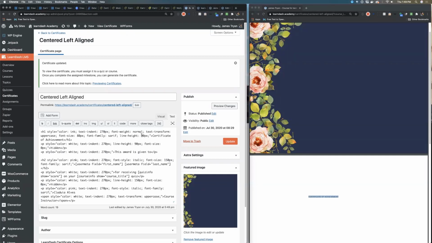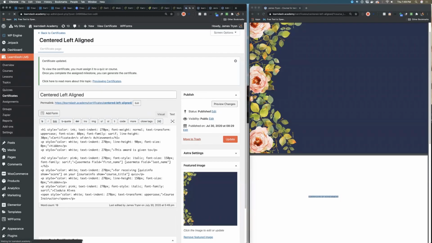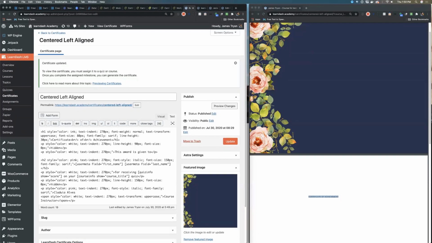Just to prove a point, this is still an issue. I want to put a BR here. A BR is a break without breaking an actual return. So instead of going to a new paragraph, but you want something on a new line, you would use a break. So I'm going to do 2 breaks here. And all I'm doing is to get these on their own line to show what line height will do and why it's best to use it as a hidden